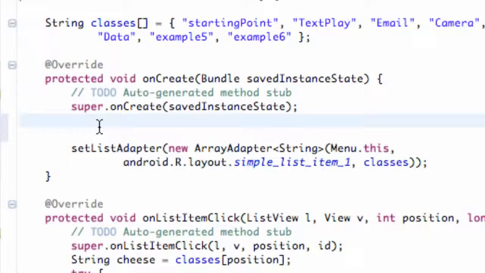This is where we're going to make the request to have full screen, and then we're going to get the window and set the flags to be full screen. Kind of confusing terminology, but just think of it as we're requesting it from the operating system and making it happen. So first thing we need to do is say request window